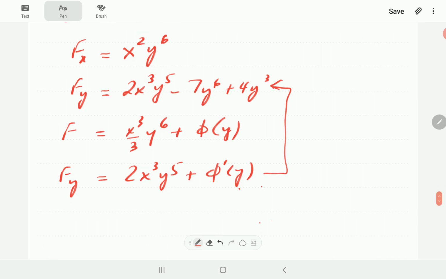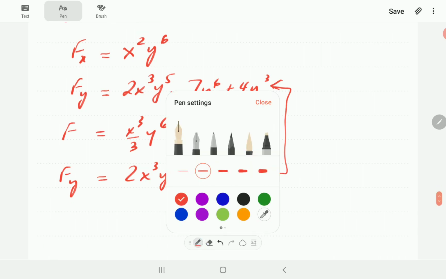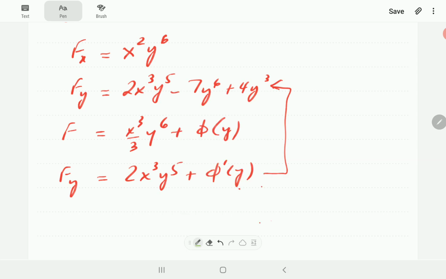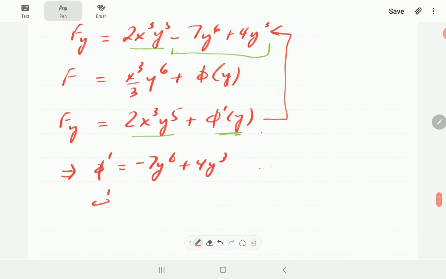So if we compare those two, you can see that these two terms match up. So that means these other terms must be equal to phi prime. So phi prime is going to be negative 7y to the power 6 plus 4y cubed. So phi is going to be negative y to the power 7 plus y to the power 4 plus k,